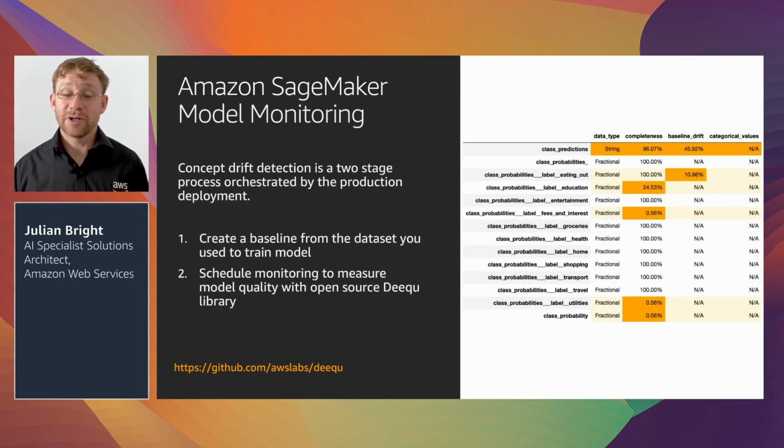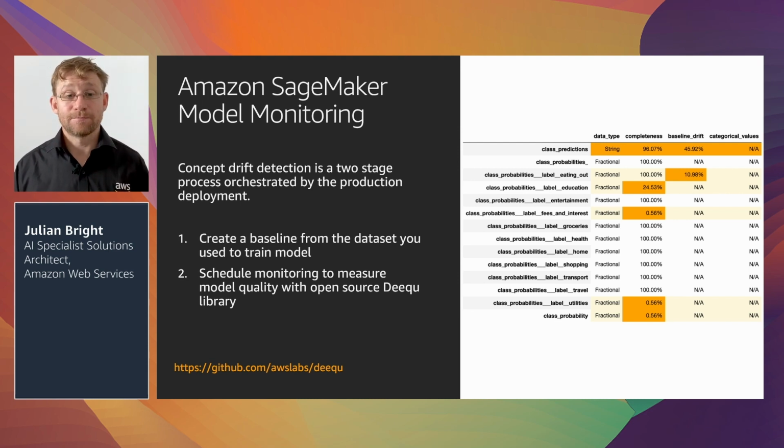And in terms of monitoring, what we'll demonstrate as part of this demo later is the ability to compare any drift or completeness against that baseline. In particular, what we'll see here is a class prediction drift, whereby the classifications or categories that we're seeing in the real-time prediction endpoint don't quite align with what we're seeing in the training set. And this could be an indication that we've got some new data coming through